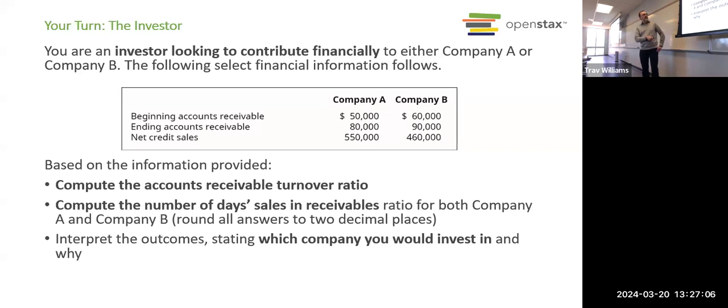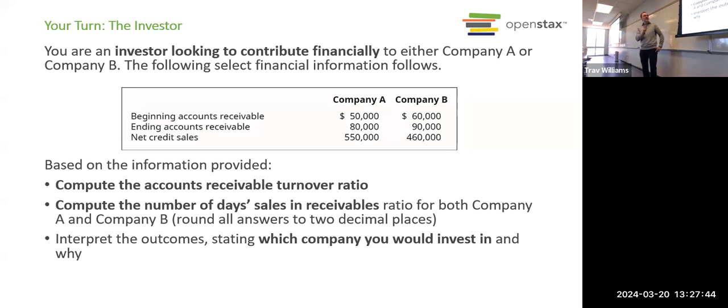Okay, this will be a good exercise here for you to practice, not actually an exercise from the exercise set, but this will be good practice. So you're an investor and you're thinking of investing in either company A or company B. We see their beginning and ending accounts receivable. We see their net credit sales. What you need to do is calculate the AR turnover ratio for each. Calculate number of days sales in receivables. And then think about which company you would invest